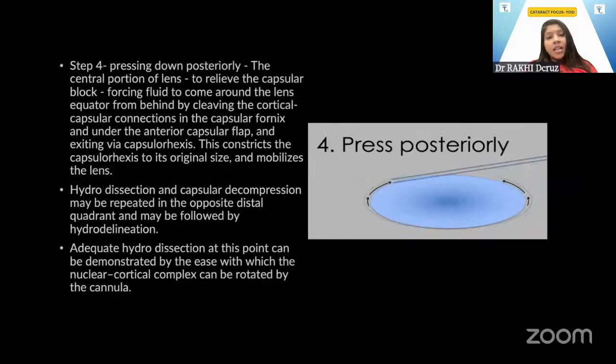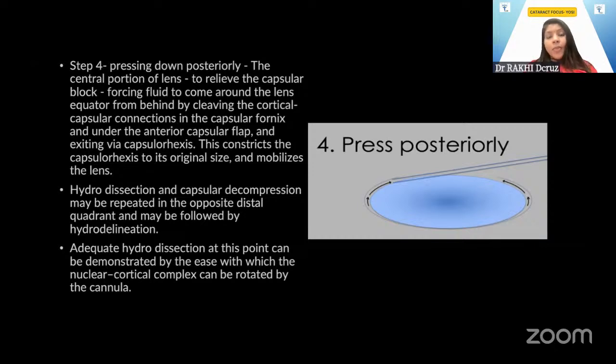And then comes the last step, step 4, which is pressing down the central portion of the lens posteriorly. You need to put a little pressure over here in order to relieve that capsular block, forcing the fluid to come around the lens equator from the other end. This constricts the capsular rhexis, which goes back to its original size, and it also mobilizes the lens. So hydrodissection and this capsular decompression can be repeated in the opposite distal quadrant also,